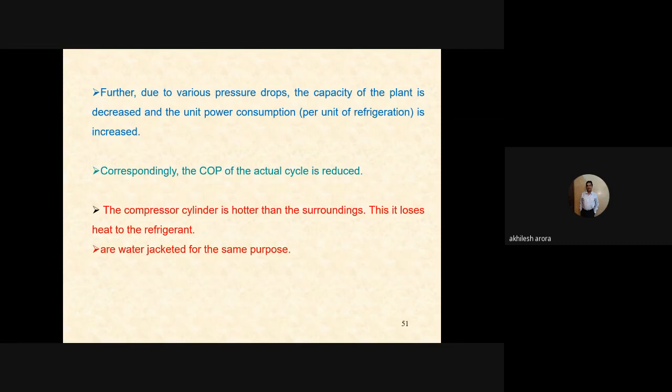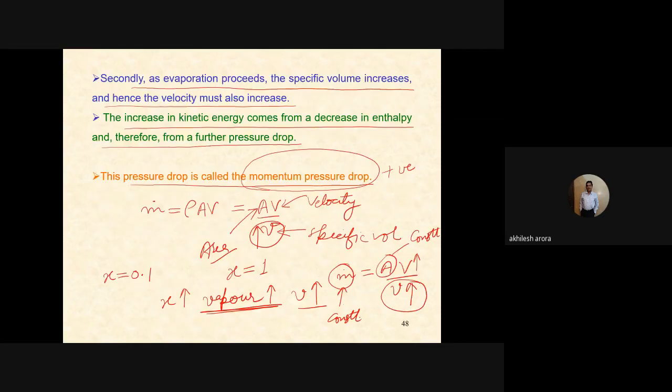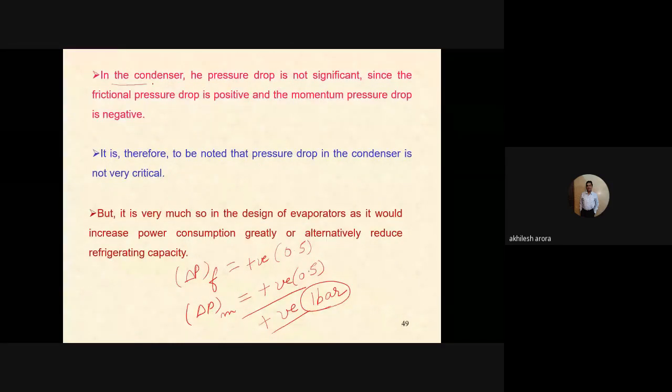Okay, now let us see what is written in the condenser. The pressure drop is not significant, and I have explained you already why it is not significant. Hence, the frictional pressure drop is positive and the momentum pressure drop is negative. It is therefore to be noted that the pressure drop in condenser is not very critical, but it is very